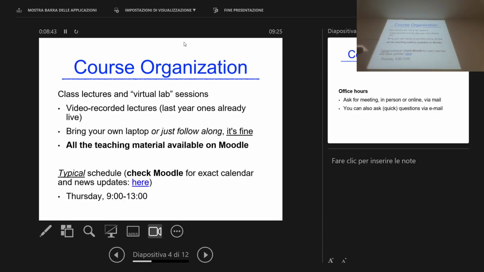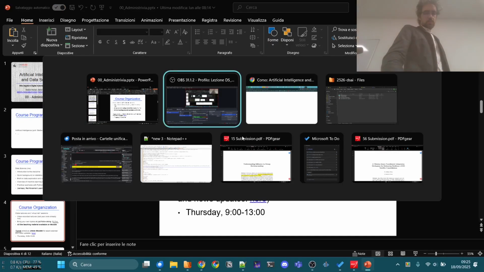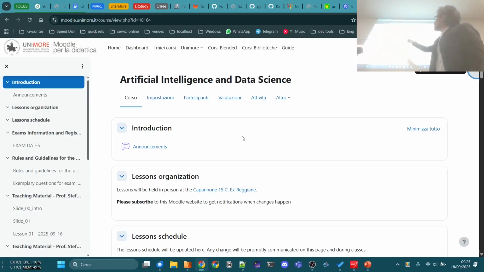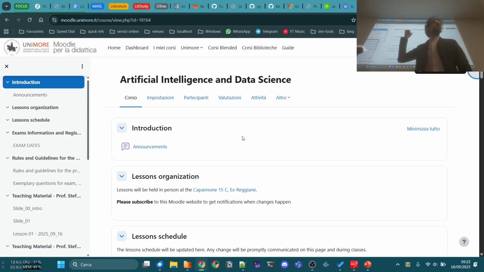All the course material is already on the Moodle website. You must know it, because that's the main source of information for the course. If you don't know, there is a website called Moodle Unimore IT. Who is hearing about this website for the first time? Okay, so go to Moodle Unimore IT. You have to navigate a bit. In the landing page, I don't know if you already have to log in with your Unimore credentials,